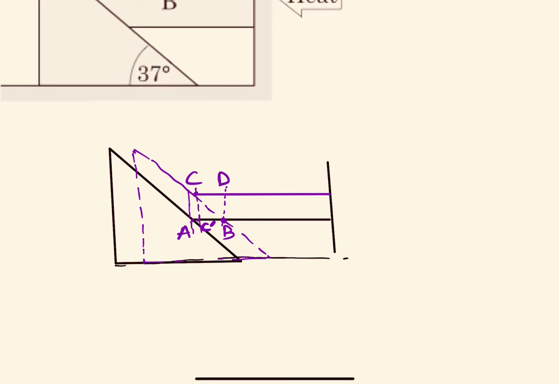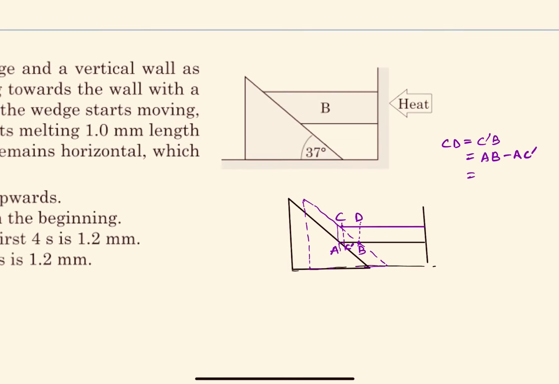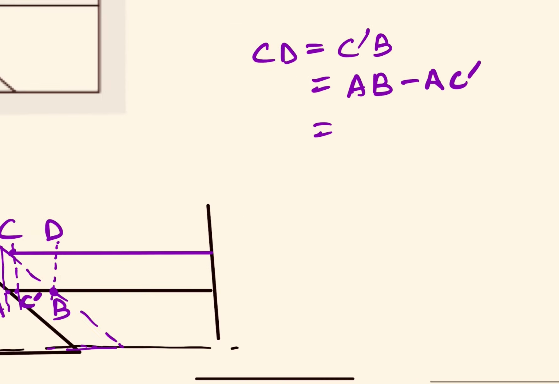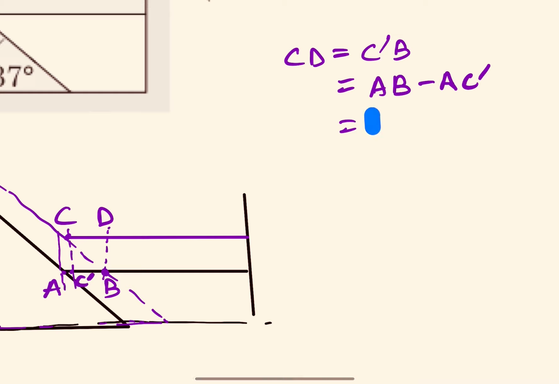So we can say that CD is equal to C dash B, which is nothing but AB minus AC dash. Now how much is AB? It is the distance moved by the inclined plane. Okay, so it is given that inclined plane is moving with constant acceleration. So AB will be half AT square,